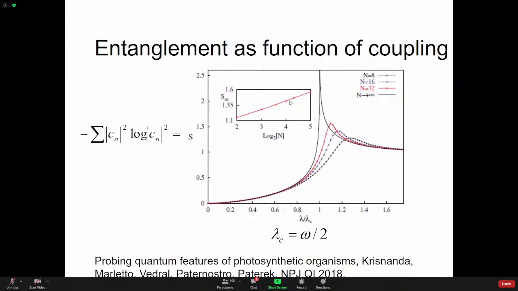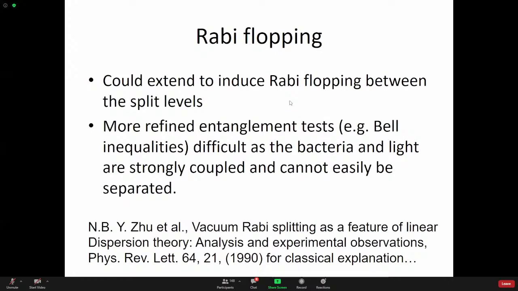But I think already the results as they are indicate that we have created a significant amount of entanglement between the two. But now I want to address this very nice question about the off-resonant terms in the Hamiltonian. In order to be able to probe this aspect, you would have to do something more than what we did in this experiment. And in fact, these are the experiments we would like to do. Namely, what you would want to do is not only get vacuum Rabi splitting, but you would like to do Rabi flopping. You would like to do a simple NOT gate, if you like, in the quantum computational language, between